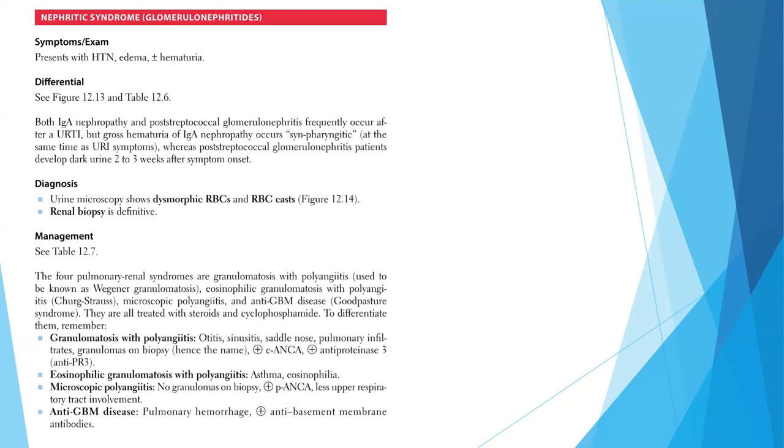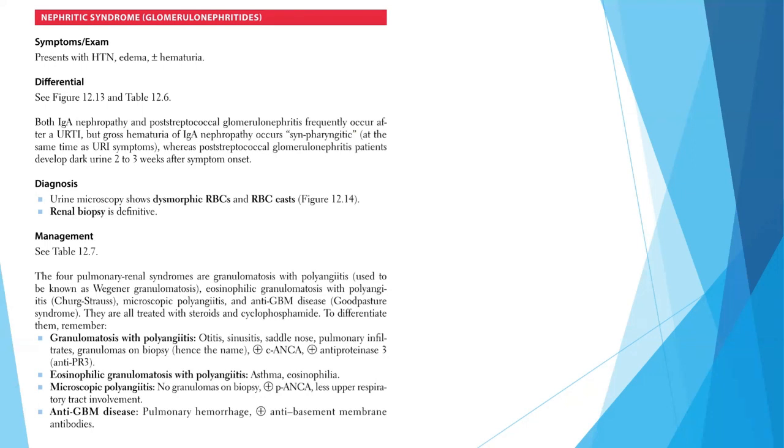Also, if the patient has skin infection with strep bacteria, then after 6 weeks also there may be presence of PSGN. The diagnosis is generally by the urine microscopy, which shows dysmorphic RBCs and RBC casts, and